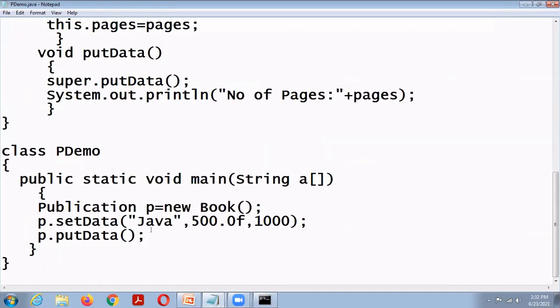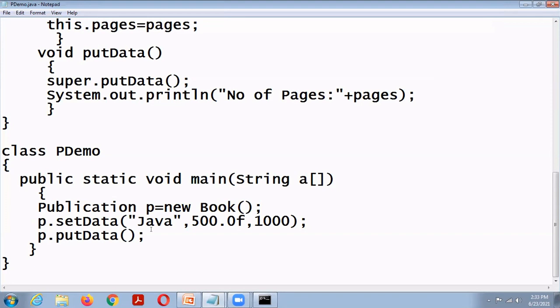So here a reference variable of a superclass can be assigned a reference to any subclass derived from that superclass. Here the publication P: P is a superclass reference variable, but that variable contains the subclass object book.